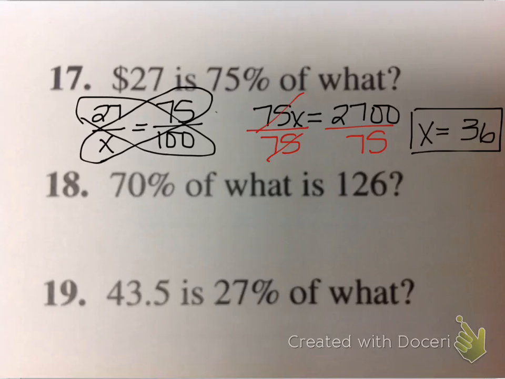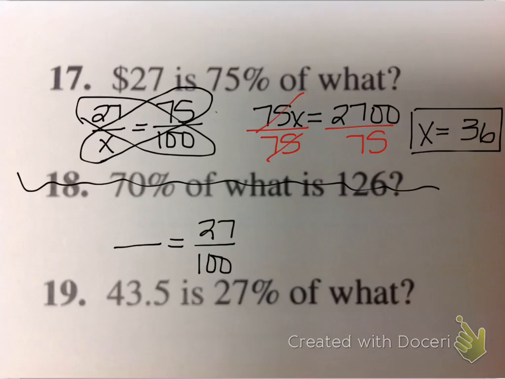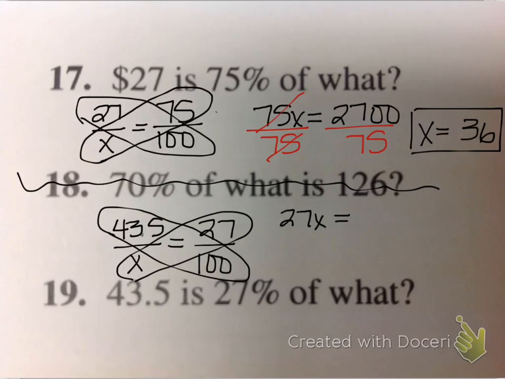Okay, let's try one more. Let's try 19. So we'll skip 18. 43.5 is 27% of what? Now remember, our 100 goes here. 27 is the percent, so it goes on the upper right. 43.5 is, so that's my upper left. Remember, is over of. And then of what? We don't know. Cross products. So 27x is going to equal 43.5 times 100, which is